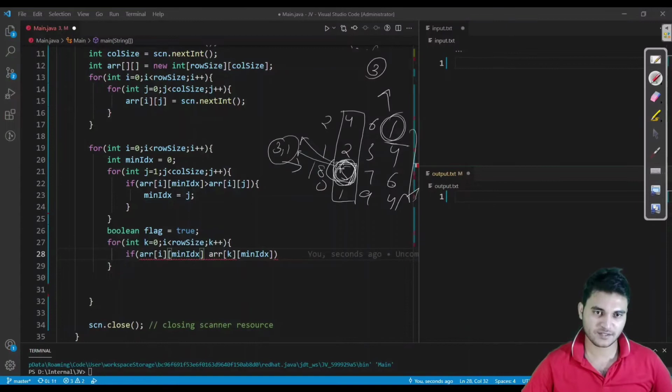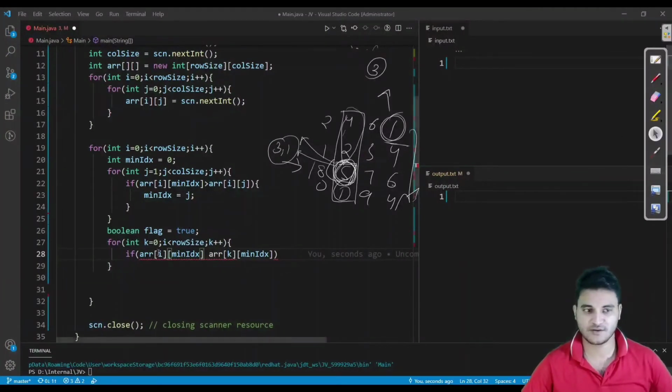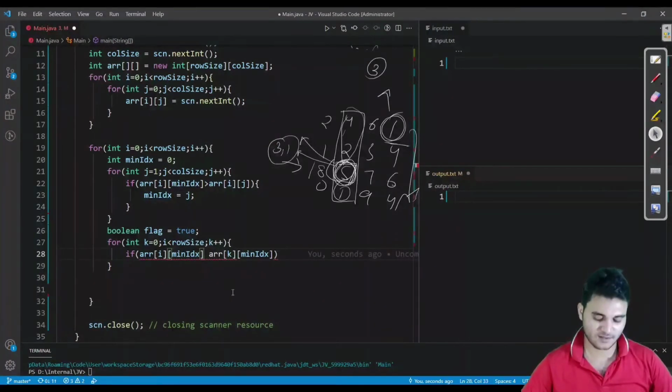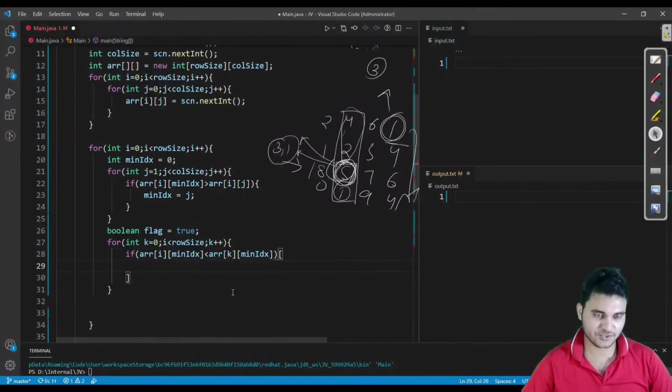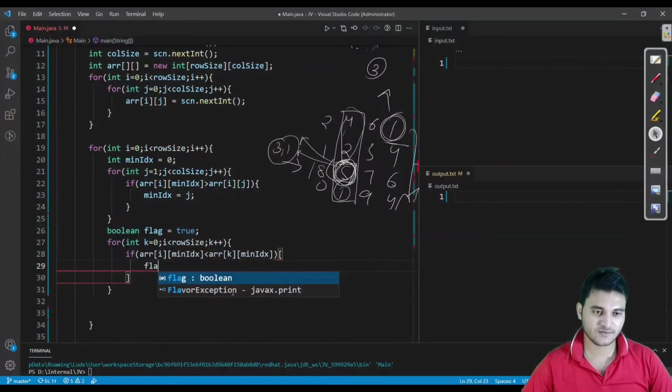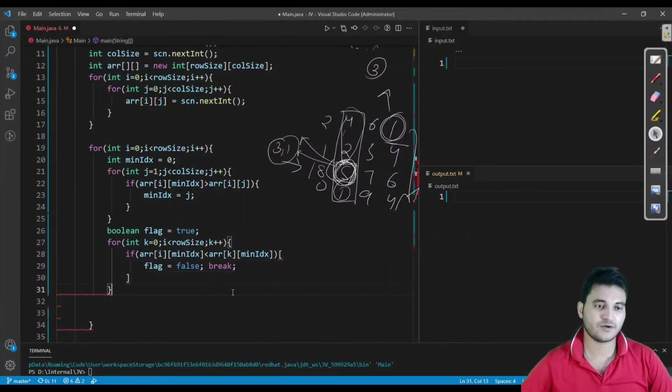We'll compare this with each of these values for each row of the same column. We'll check if there is any greater element than this, then of course this is not going to be a saddle point. So if ARR of i, min index is less than any element of k in the same column, then for sure this is not the saddle point. So I am going to set the flag as false and break from there. We will not move forward.